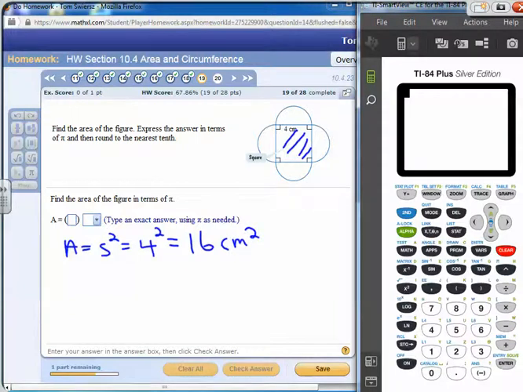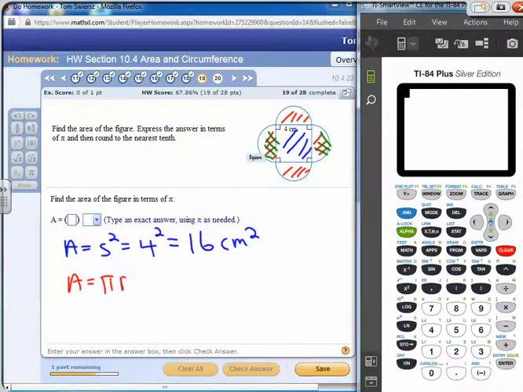Okay, now, these 4 areas are half of a circle, a semicircle. So 2 semicircles make a circle, so we have a total of 2 circles. Okay, the red one would make 1 circle, and then if you take these 2 halves and put them together, they make another circle. Okay, the area of each circle